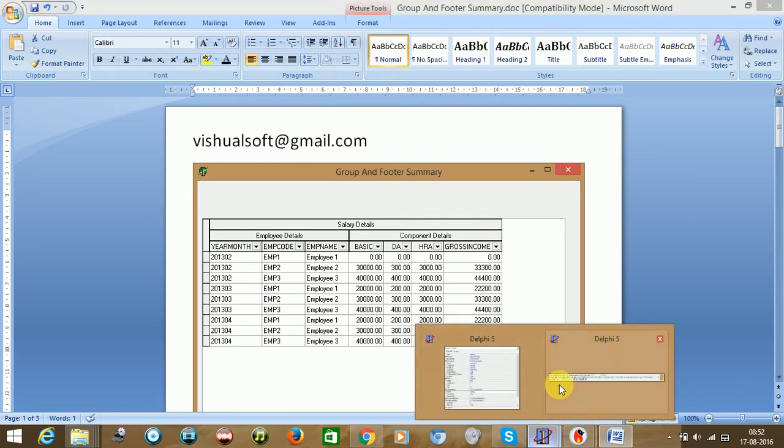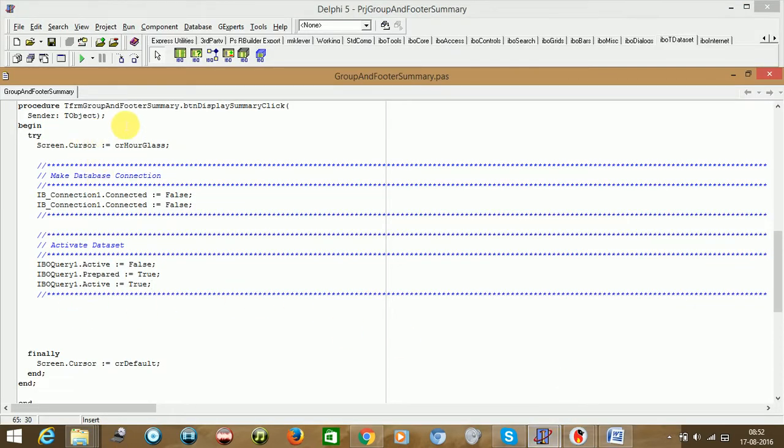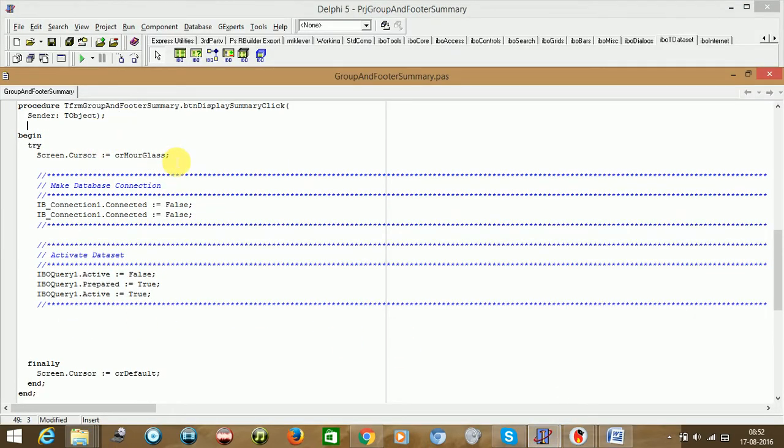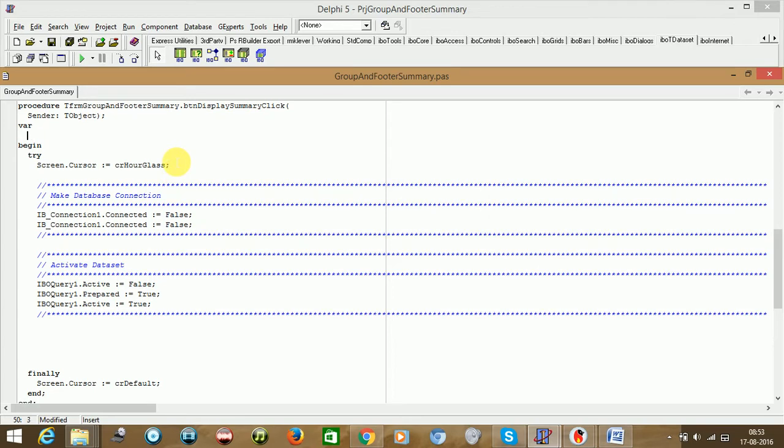So we can declare one variable of type integer. You could call it iColumnCountForBand, which is of type integer.